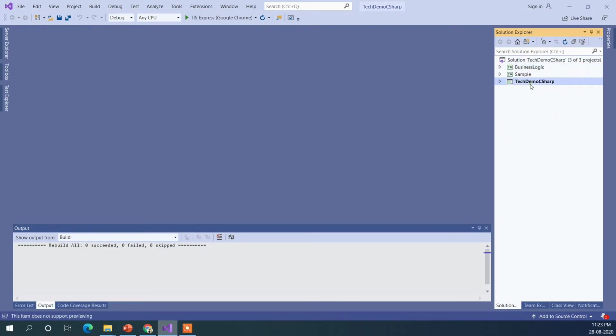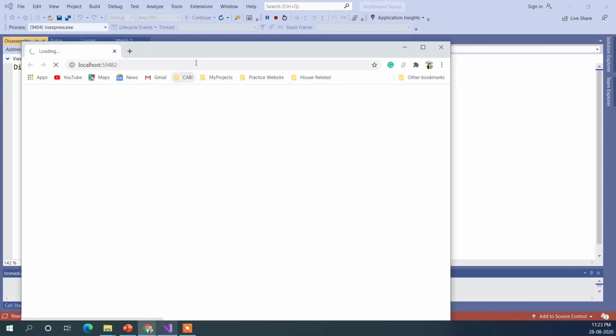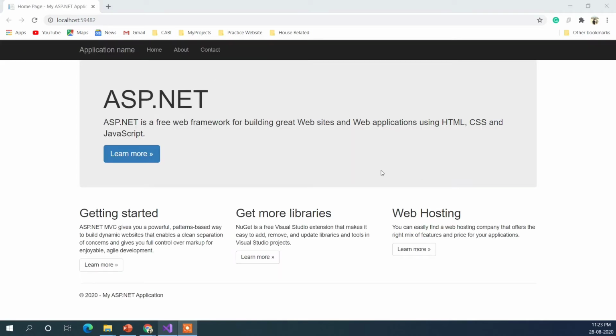Okay, reload project, I need to do that. Okay, so let's first see what our project contains. As you can see, I haven't done anything new. It's just a sample project.